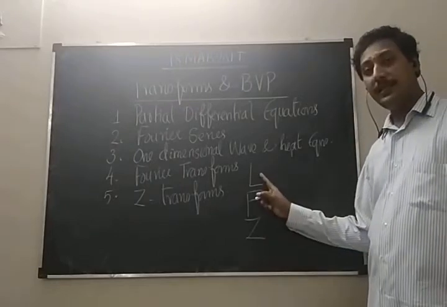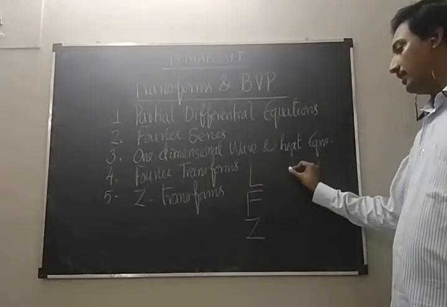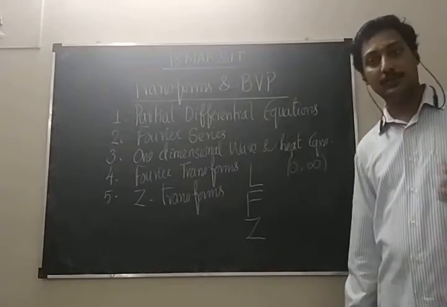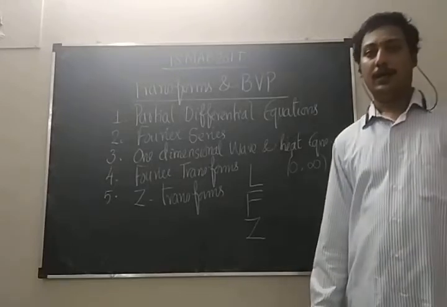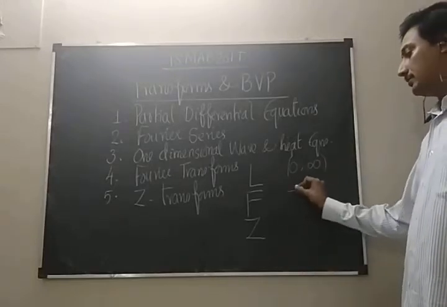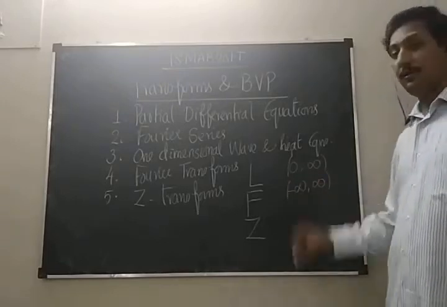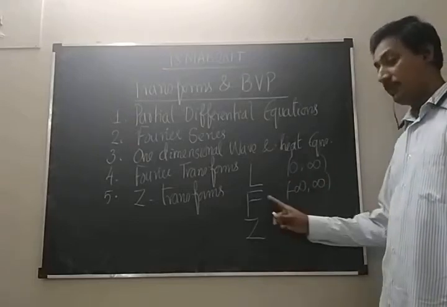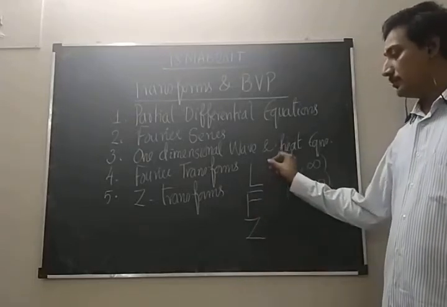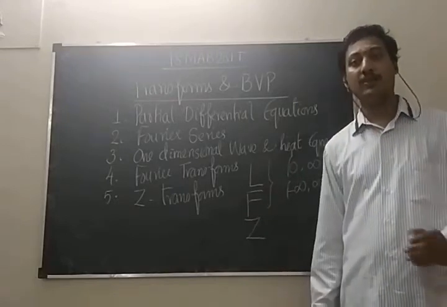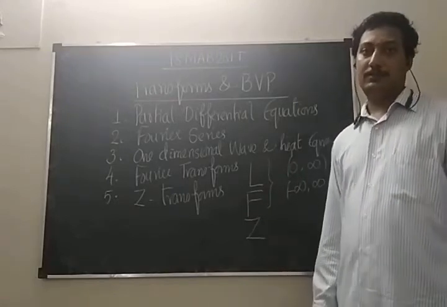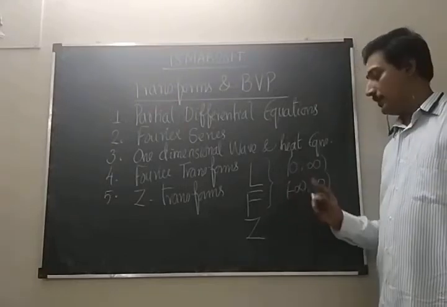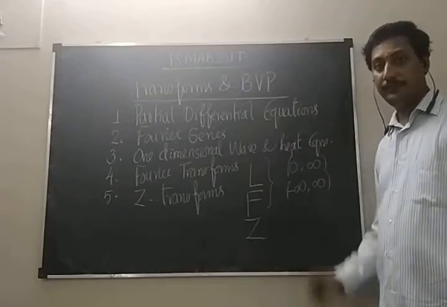And the Laplace transform is used only when the function is defined on the positive real line, that is the 0 to infinity case. Suppose the same can be expanded throughout the real line, that is minus infinity to plus infinity, then we can apply the Fourier transforms. So these 2 transforms are specially meant for continuous type systems. One for 0 to infinity, the second one for minus infinity to plus infinity.